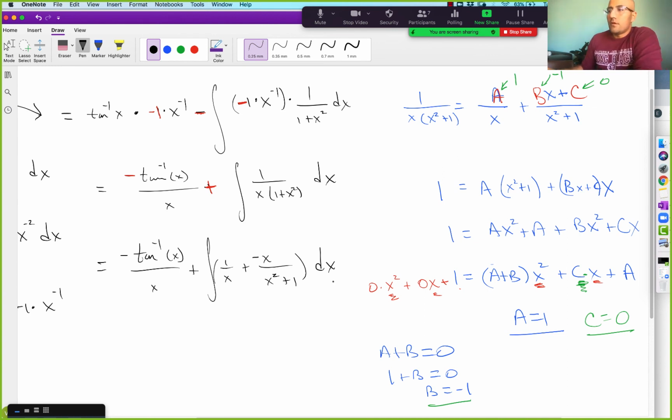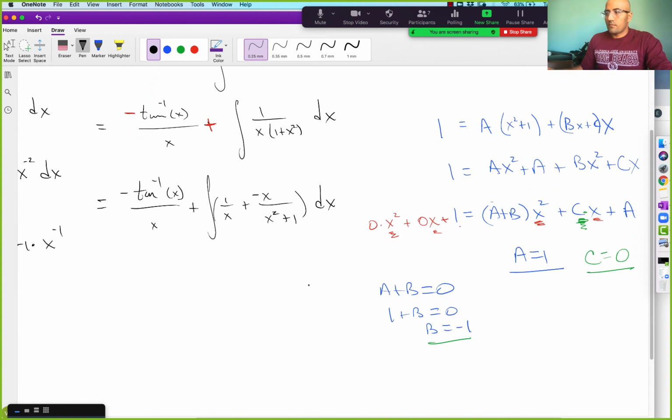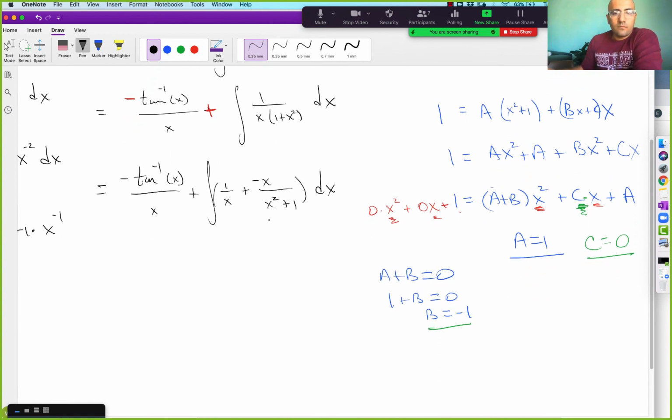Good. Questions? Okay, so then this becomes, I'm just going to rewrite it as negative 1 over x times tangent inverse of x plus the integral of 1 over x dx